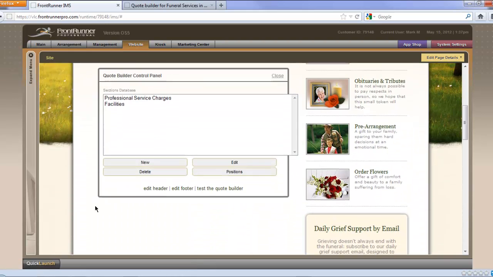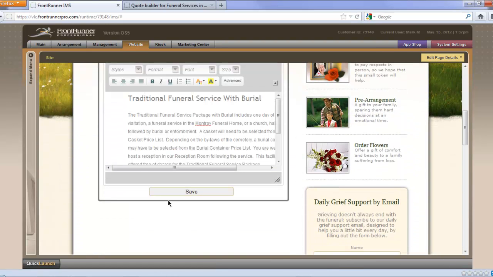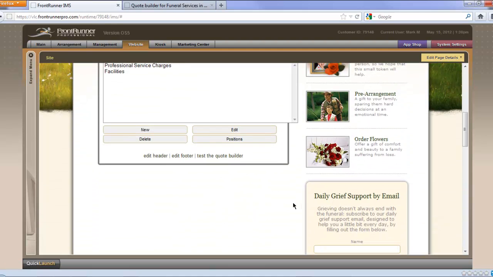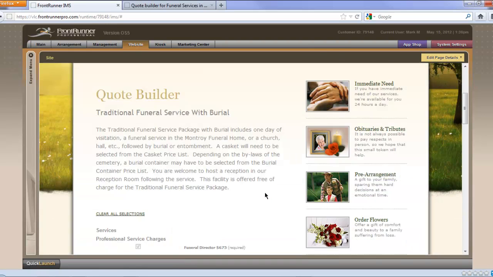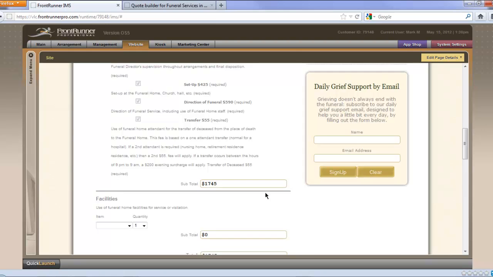You can also edit the header. This was the section that we had put in with the description on the package that we were offering on that page. And you can also edit the footer with any disclaimer if necessary that you need to pop in your page. Once you're happy with everything, you just save and close. And our Quote Builder page is ready for publishing. Actually, this one's not quite ready for publishing,